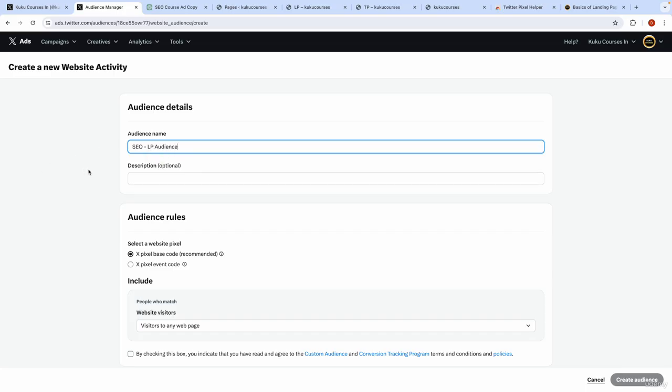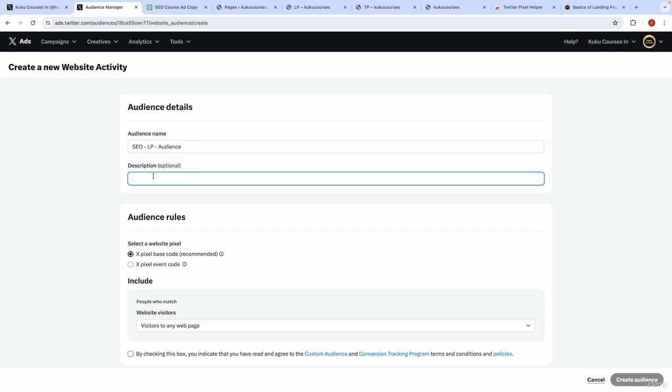Okay, so very simple, same as before. For example, if you're promoting dog food, you can just write the campaign of a dog food, and then landing page audience. That means it's for the landing page. Awesome. Now for the description, you can just write people